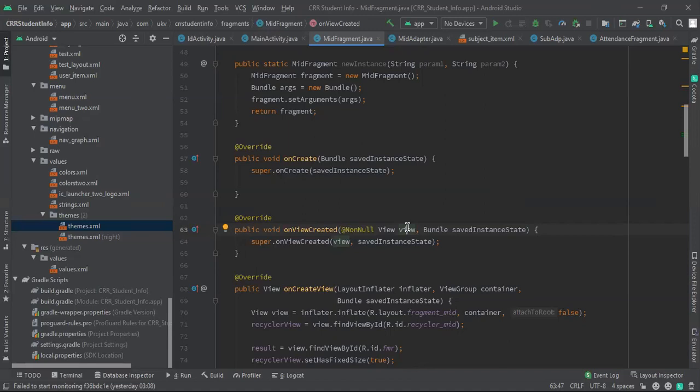Say when you are going to send a value, and there is nothing available inside a text box, like in WhatsApp. If you have not typed anything and you click on the send button, will it go there? No, right? The same thing. It should not be null. So that's why we mentioned a null.